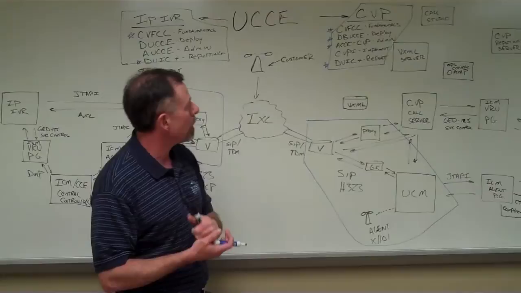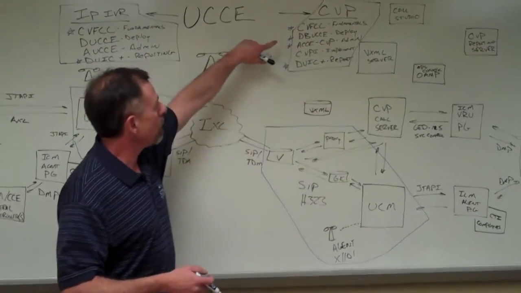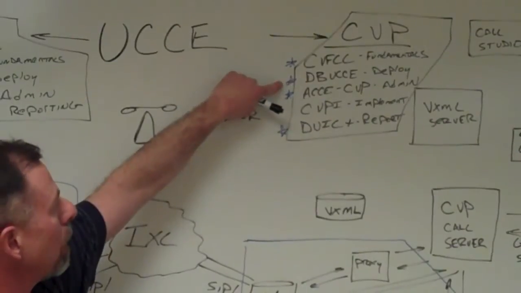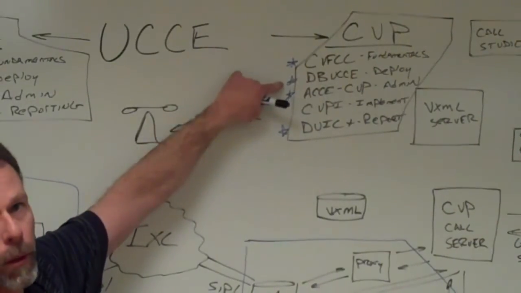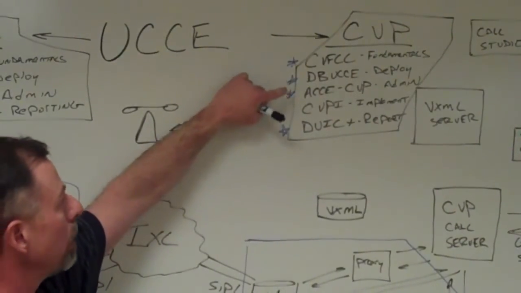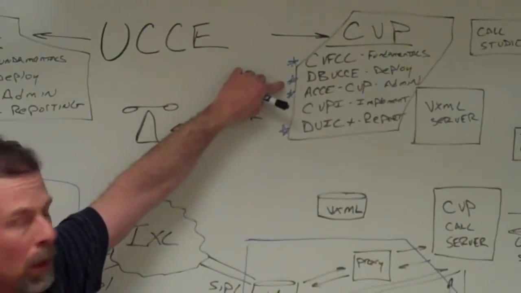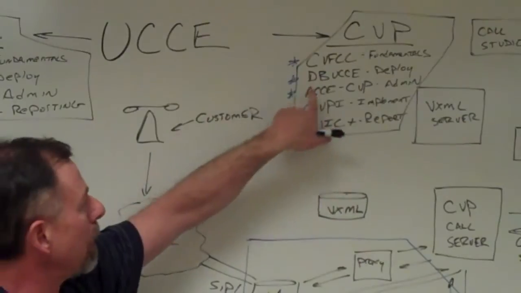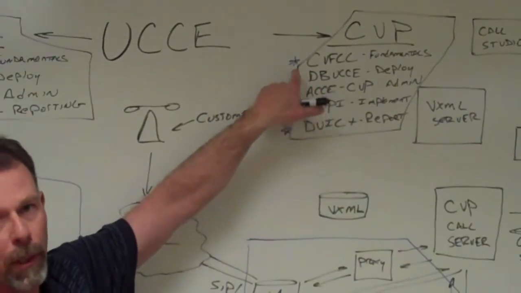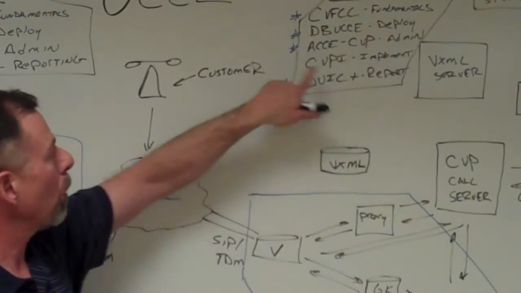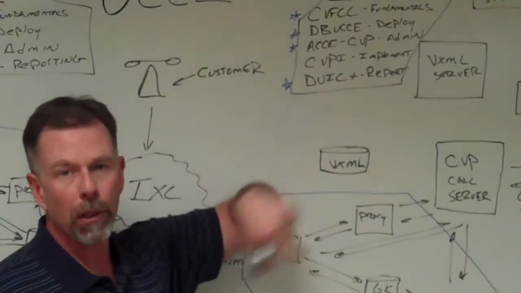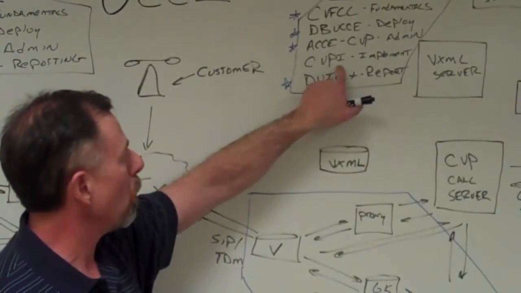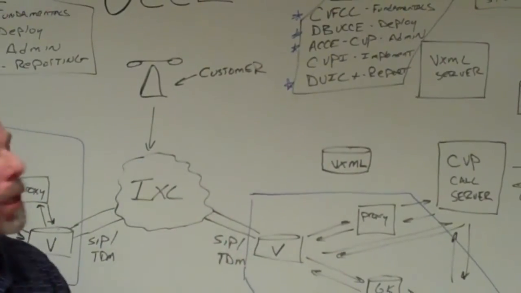I'm going to start over here on the CVP side of the house. On the CVP side of the house, we've talked about voice fundamentals. We've got a course that we've built at Sunset Learning. We'll talk to you about why that is here in 1 second. A course called DCVP. Another course called ACCE with CVP, and basically anything that starts with a D, you can kind of remember that's a deployment course. Anything that starts with an A, usually an admin course. We've got the off-the-shelf Cisco offering of CVP, that's an implementation course.